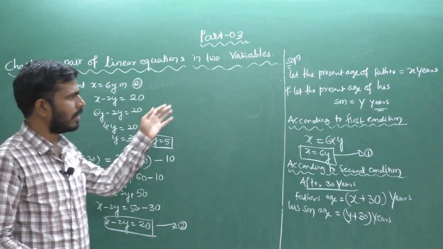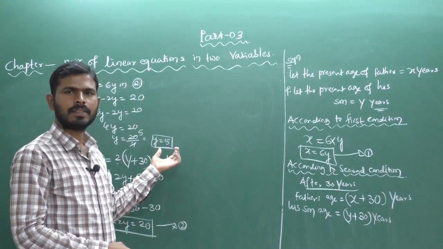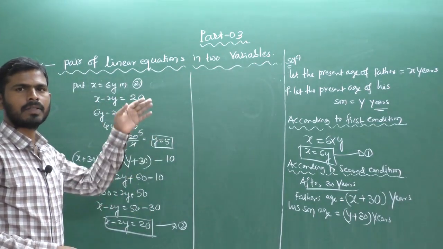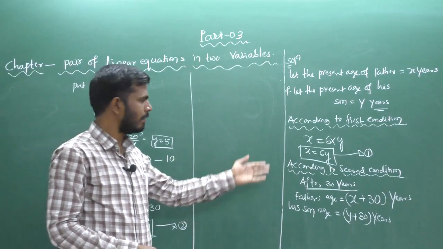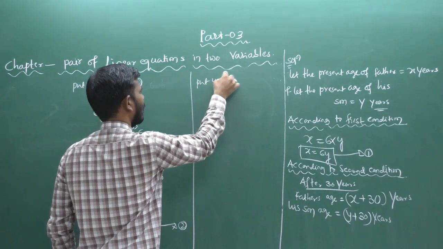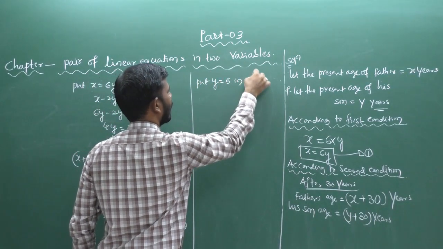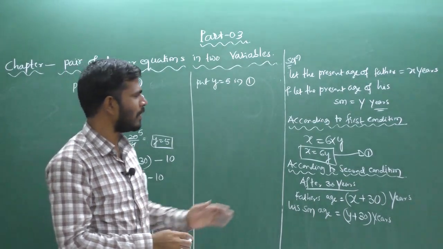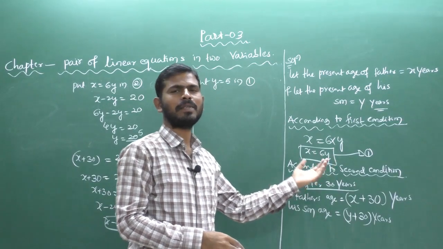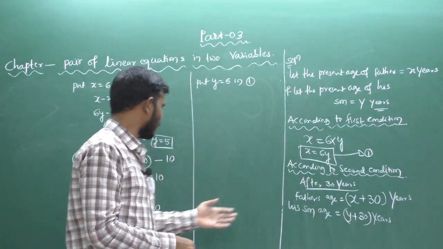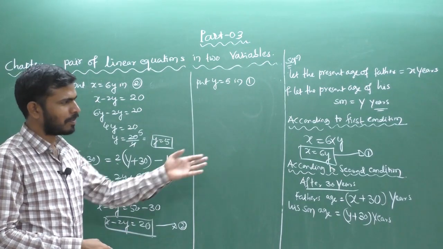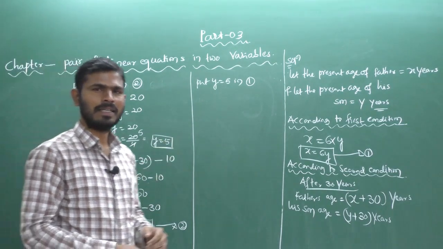So y is the age of son. So the present age of son is 5 years. Next you have to substitute y equal to 5 in equation number 1 or in equation number 2, and you will get the present age of father. So we put y equal to 5 in equation number 1, because equation number 1 is very simple, that is x equal to 6y. Just substitute the y value and multiply, and we will get the father's age. Equation 2 is also simple, but it will take more time than the first one. That's why I am substituting here in equation number 1.